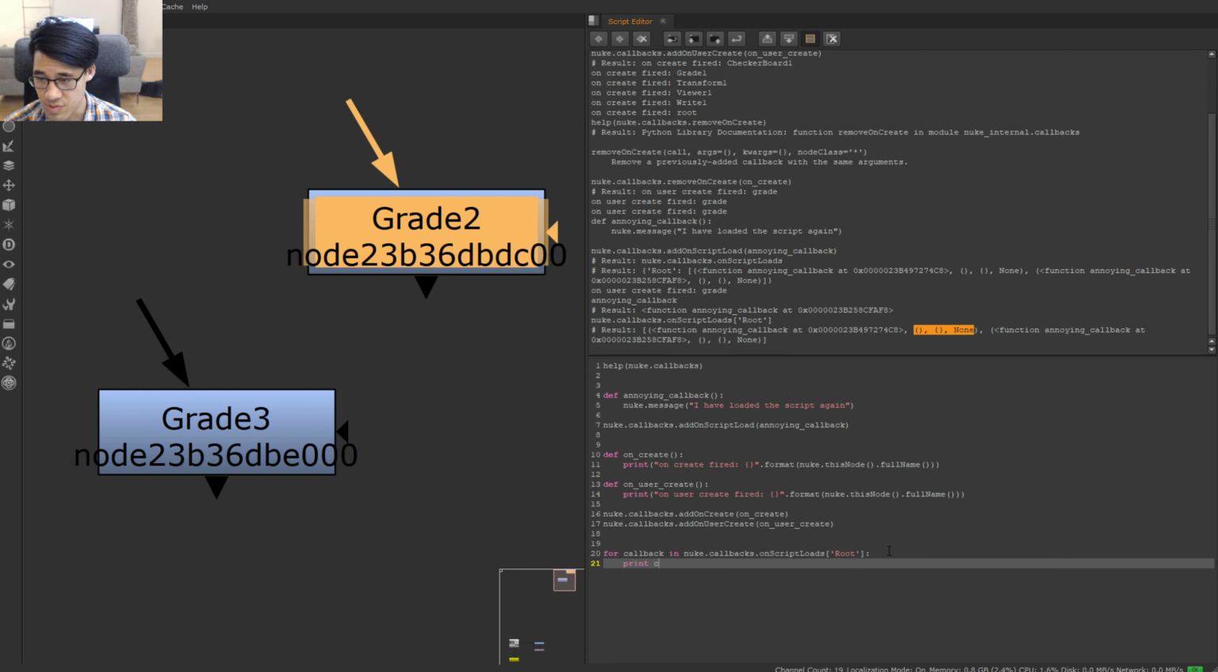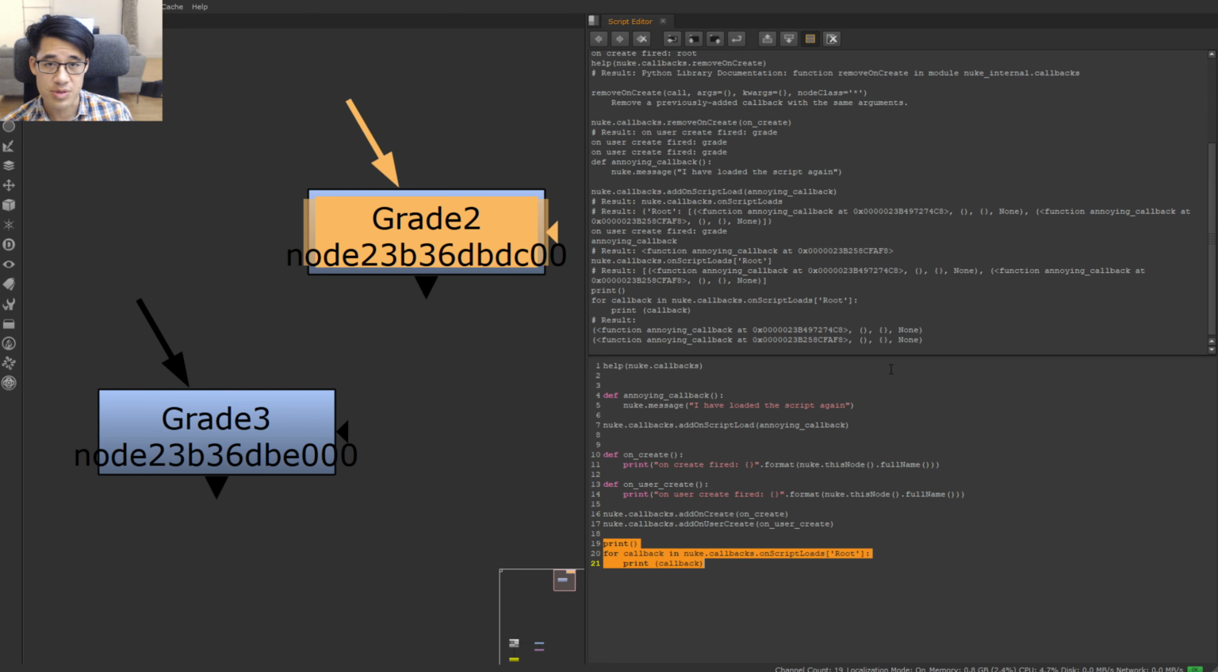So for callback, print callback, and we'll just put a new line at the top of it, just so it's easy. So you can see there are two callbacks here. It's just a list, so you can manipulate it. So what you can do is this kind of